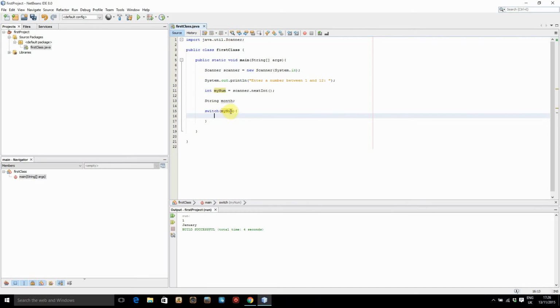Okay, so switch on myNum, and now we need to define the different cases. So case 1, so this is if myNum equals 1. This is like doing an if statement, but in a different format. So in the case that it equals 1, we're going to set month equal to